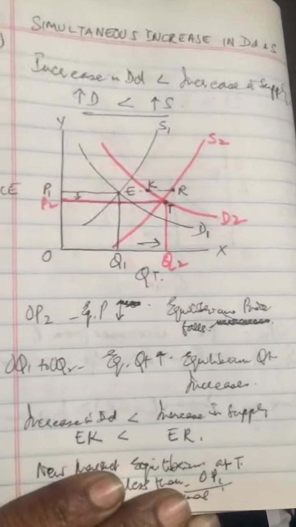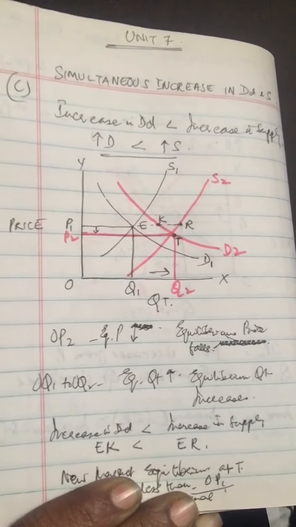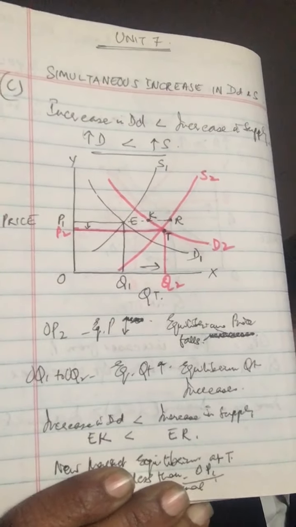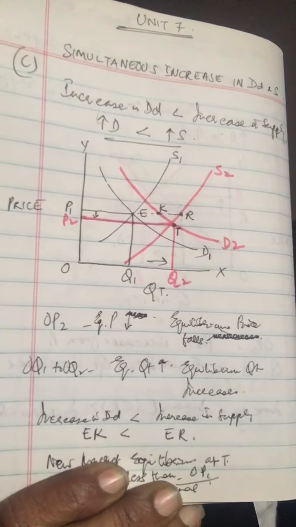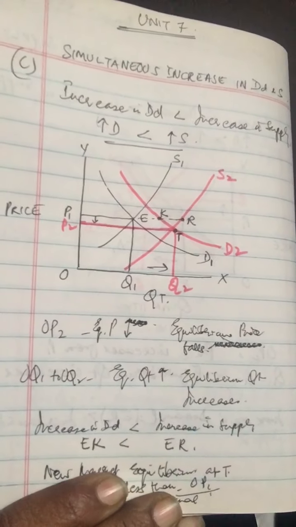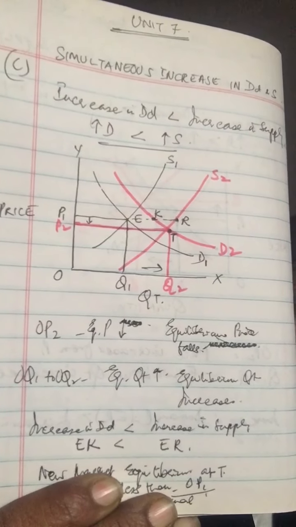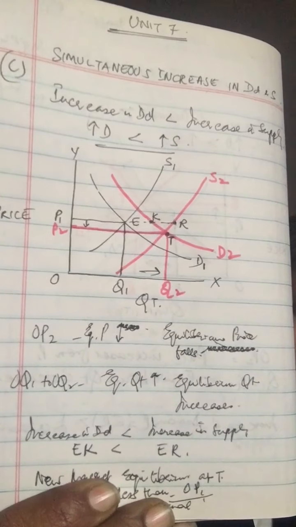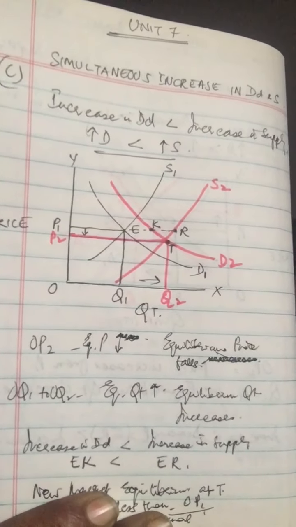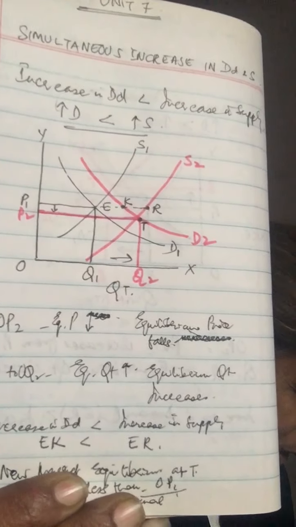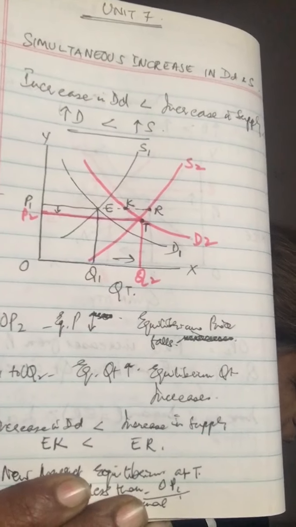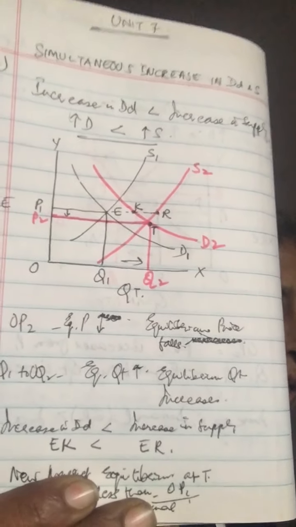You can see the diagram. As I'm talking, you will understand what I'm talking about. So you can see the pink demand and supply curves showing increase, that the increase in supply is much more than the increase in demand. So what will be the new equilibrium and all of that, we are going to study this. So let's start with these curves.